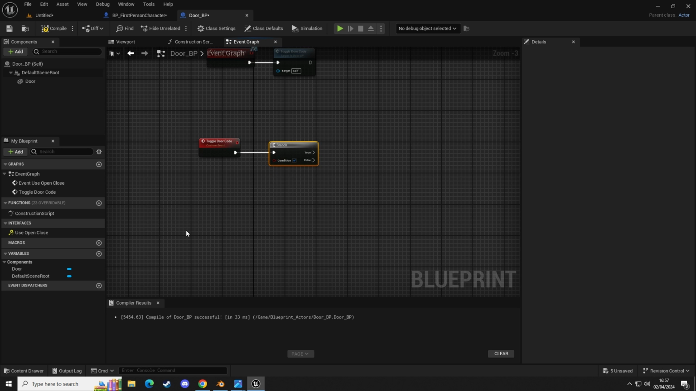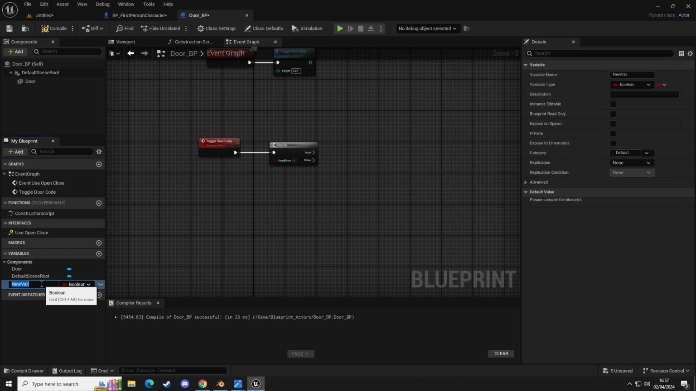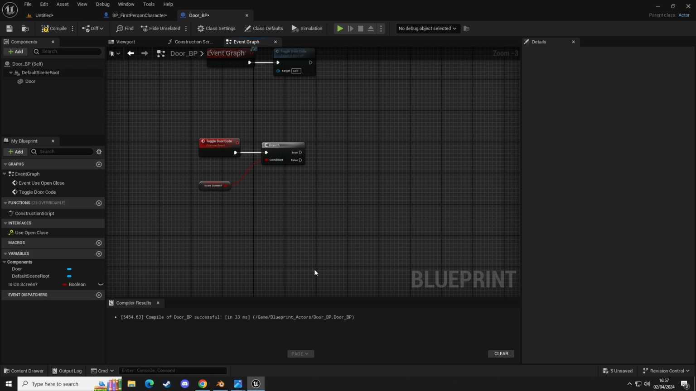Okay, so let's create a variable. This variable is going to be our condition, and we're going to call this one "is on screen?" with a question mark and type of boolean. We're going to drag that into our condition. Okay, so the next thing we're going to do